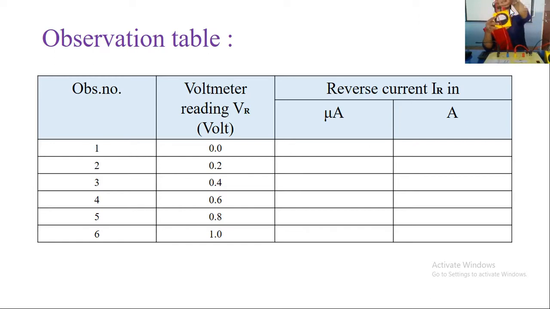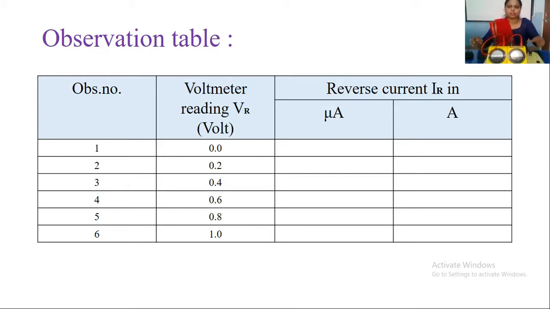So this is the positive terminal. Red means positive. It is connected here. Okay. After that, this negative we have to connect it here, because the kit itself is indicating like this. After that, one important thing we have to do: the zero terminal of the battery you have to connect to the positive terminal of the Zener diode in this way. Okay, so this is a very simple arrangement we have done here.